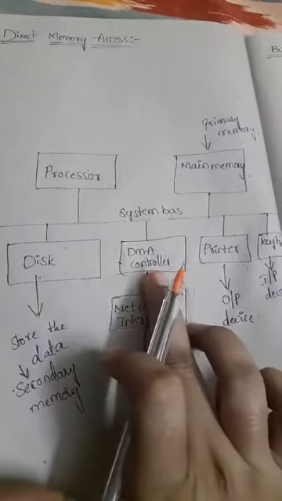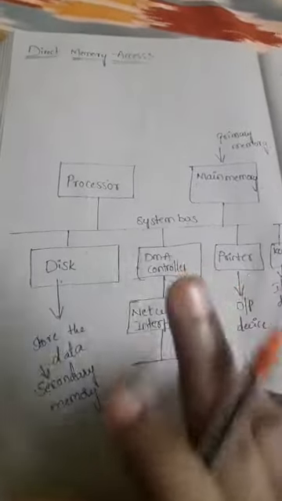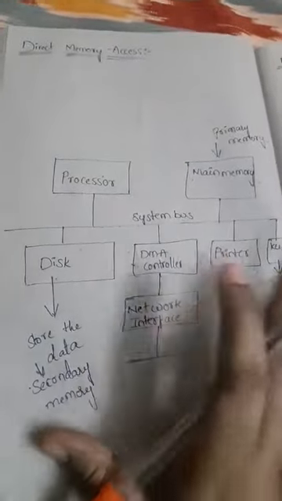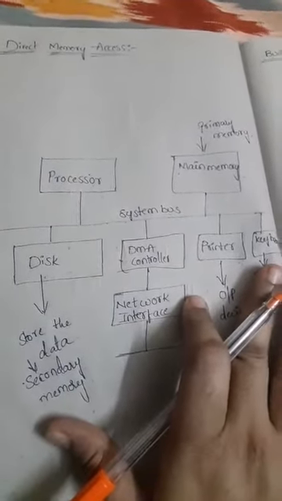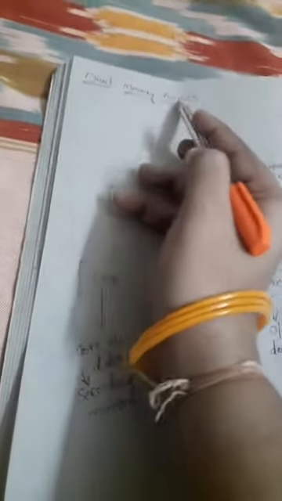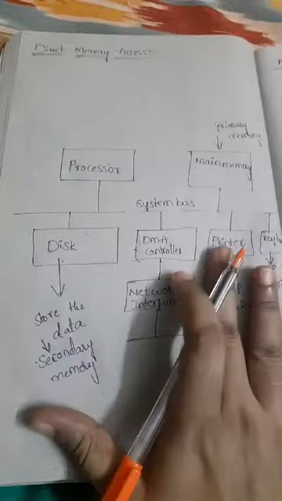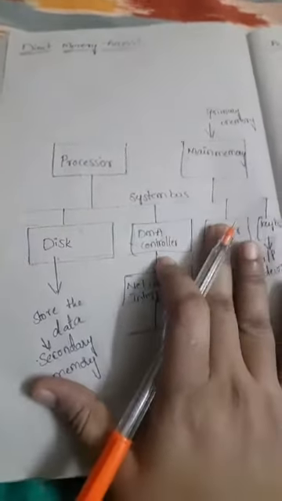So with the help of the DMA controller, what happens? If we are using a DMA controller in our computer, what happens? Now we'll see. What is the use of the DMA controller and what is direct memory access? DMA is nothing but direct memory access. So what is the use and what is meant by DMA? In order to understand this, let us first understand the working of this diagram.